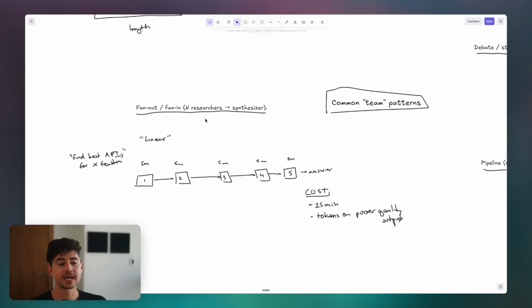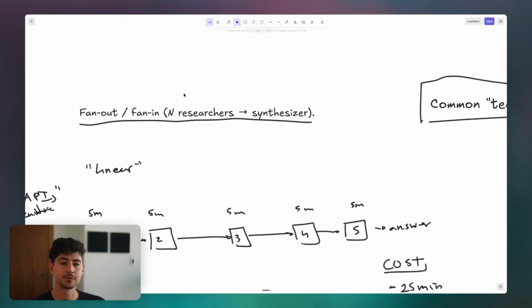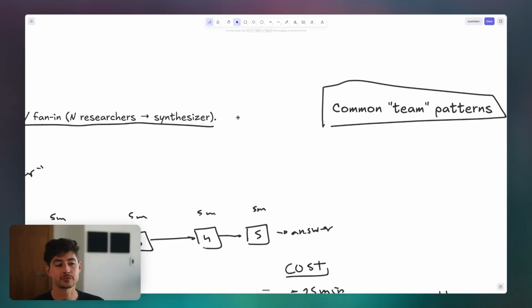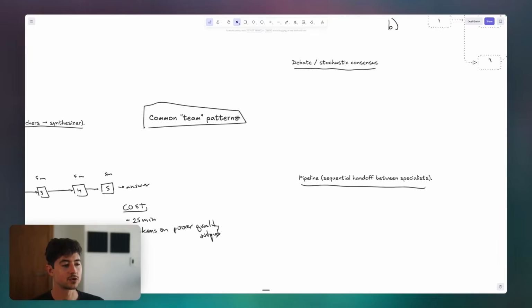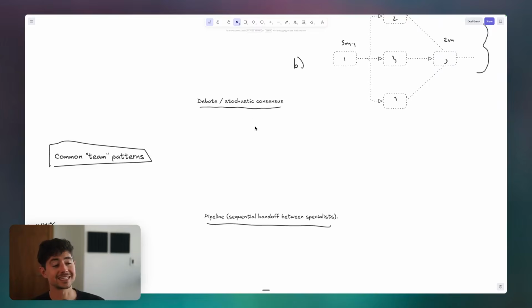Okay, so that's fan out and fan in, where you basically spawn N researchers, usually using a cheaper, dumber model like Sonnet. And then you have a larger synthesizer model that actually combines the results. That's how you get some of the best quality and then also the best quantity. Next, I want to chat debate and stochastic consensus because it's kind of similar, but